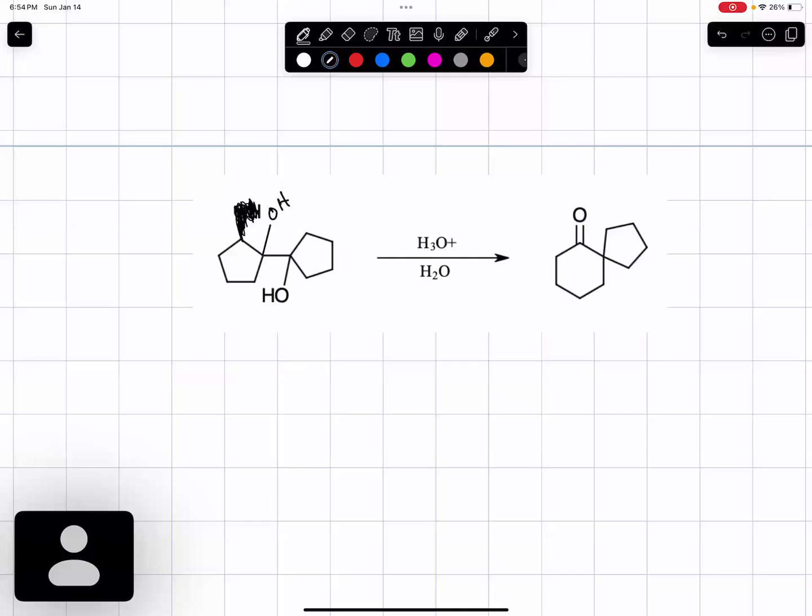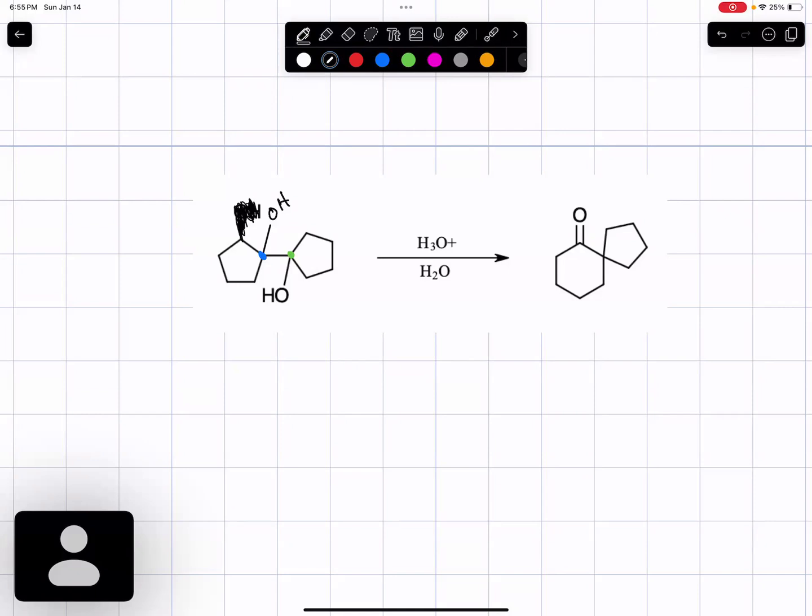What's step one? Which one am I protonating? Which one is leaving? Does it matter? Is this not the same, basically like a symmetrical compound? Like it's the same thing on either side, right? So could I not say that the blue carbon and the green carbon are the same one, right? So it doesn't matter which one leaves, but we know that one of them has to leave. For the sake of argument, let's just protonate the one in green because it's going to be easier to visualize